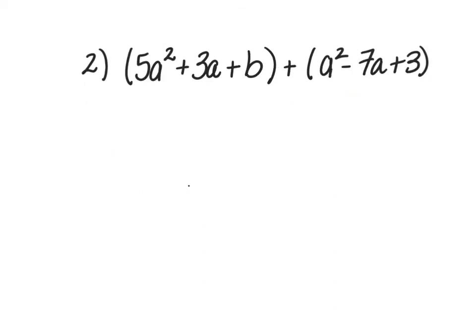Number 2 is 5a squared plus 3a plus b plus a squared minus 7a plus 3. So starting from my like terms, I've got a squareds, those are like. So I have a 5a squared and an a squared. So there's an understood 1 in front of that a squared. So when I add 5 plus 1, I get